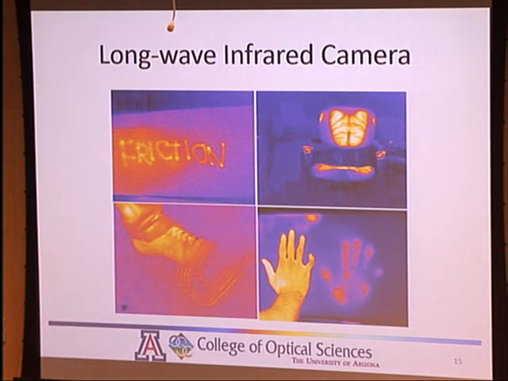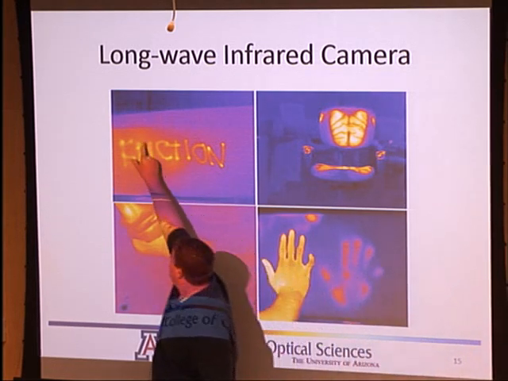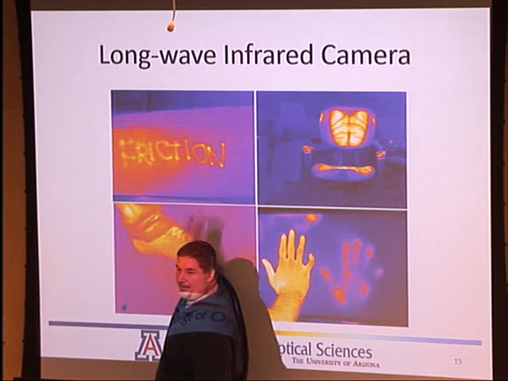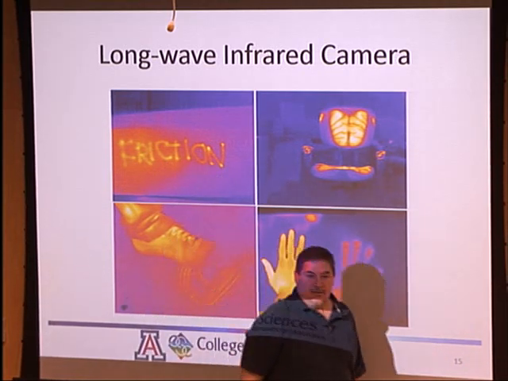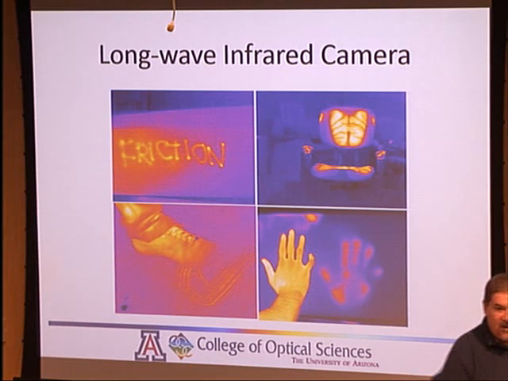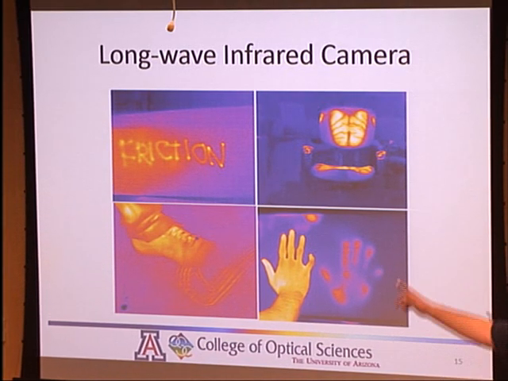So you're not really forming an image. But we can build a camera system that can record these wavelengths as well, and basically give you a temperature map of the scene. This one, for example, is just somebody taking their finger on a surface and writing out the word friction on there,